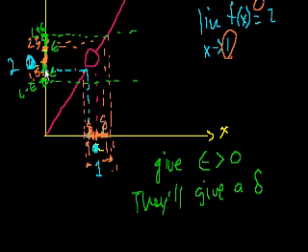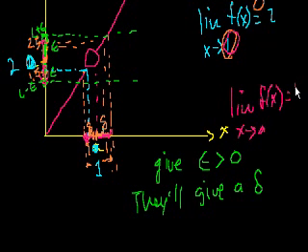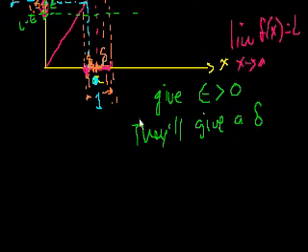And remember, your epsilon is how close you want f of x to be to your limit point. It's a range around f of x. They'll give you a delta, which is a range around a. Let me write this. So the limit as x approaches a of f of x is equal to L. So they'll give you a delta where, as long as the distance between x and a,